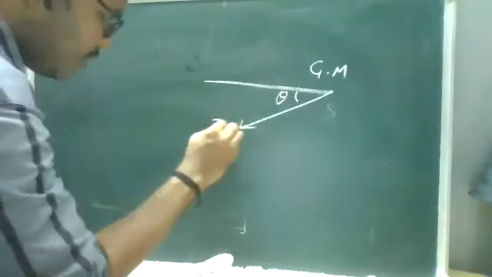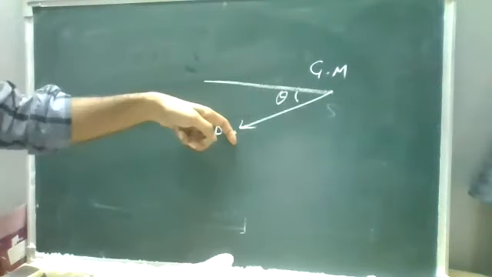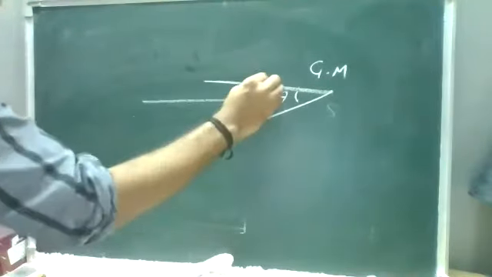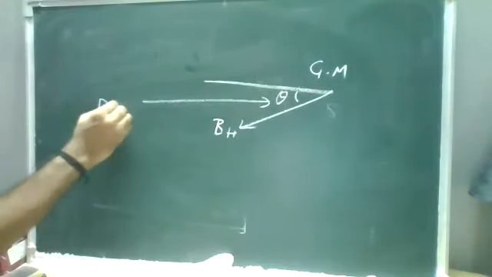So what magnetic field are we discussing? This is your horizontal magnetic field. Since it is declined, we call it the angle of declination. The geographic axis and the magnetic field will have some declined position, so we call it declination.